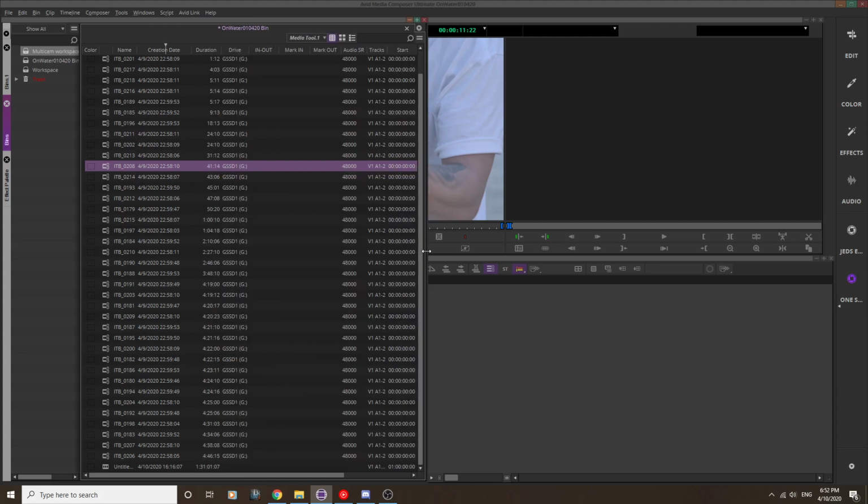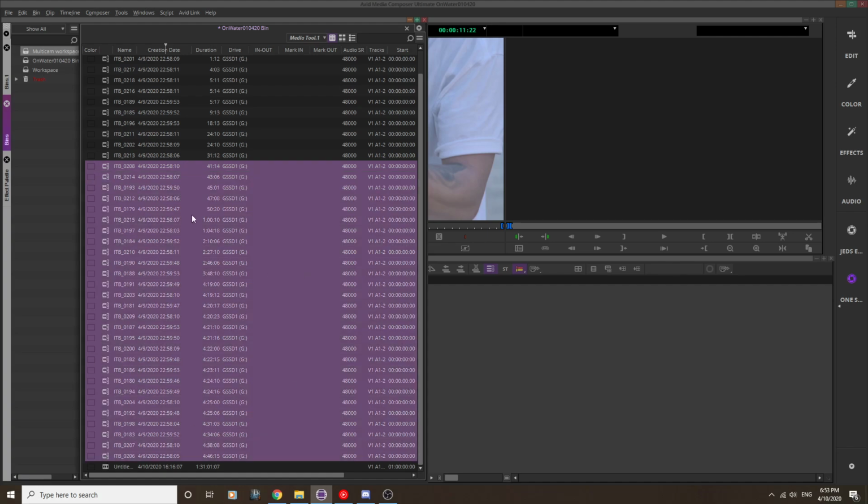Let's check out these tracks here. I'm going to take it from this one here. I'm going to scroll down to the very bottom and grab these tracks here. Now what I'm doing is I've shift selected all of these tracks, okay? Because I want to create a multicam environment with all of these tracks in here, okay? So now what I do,